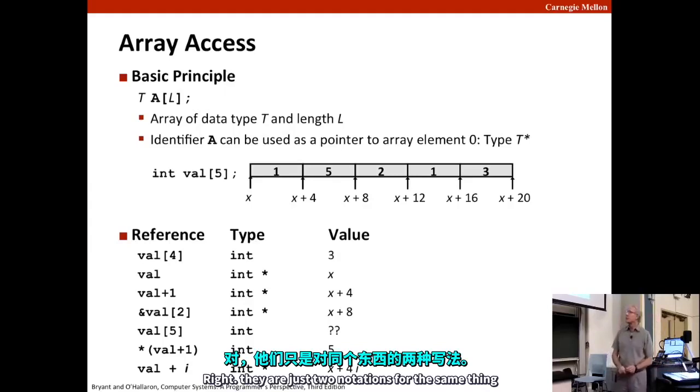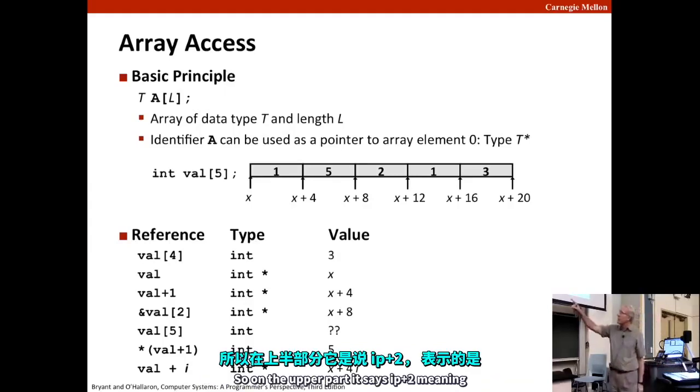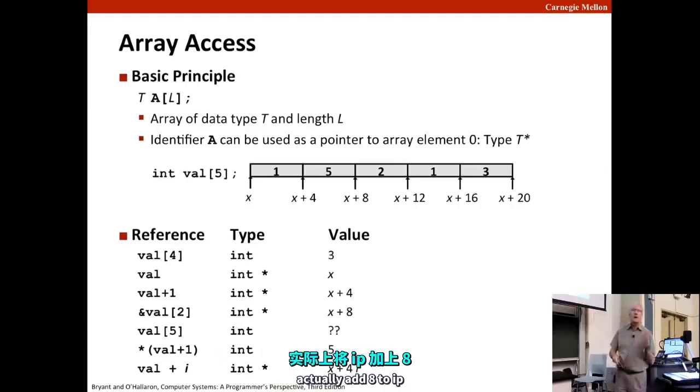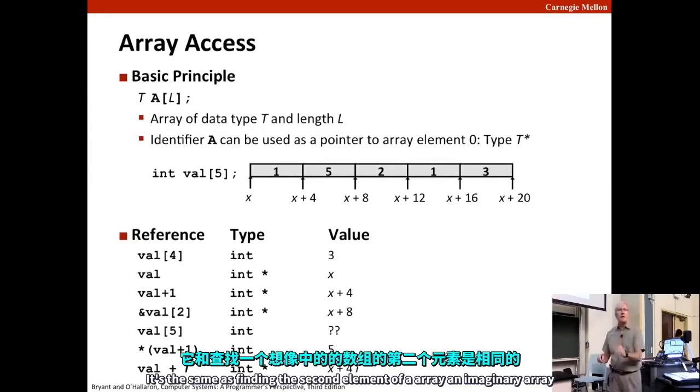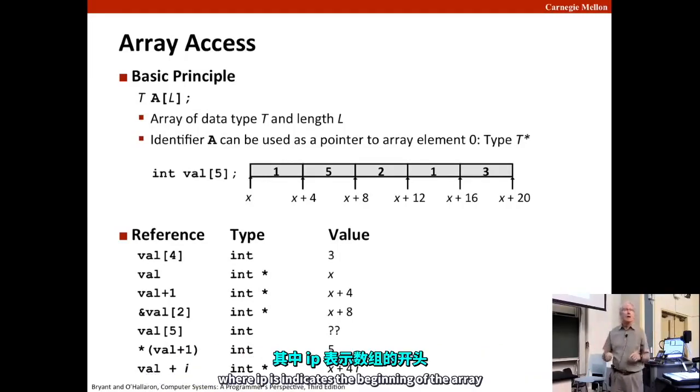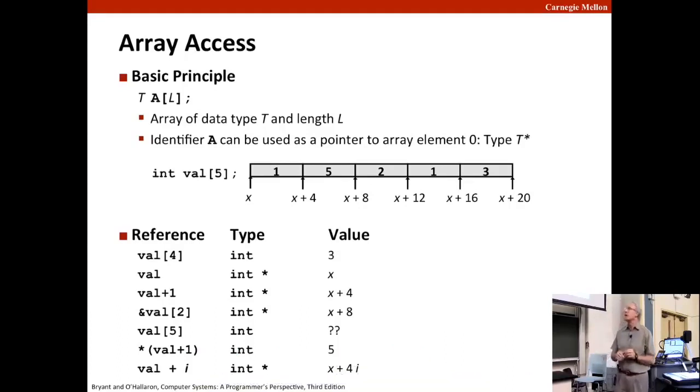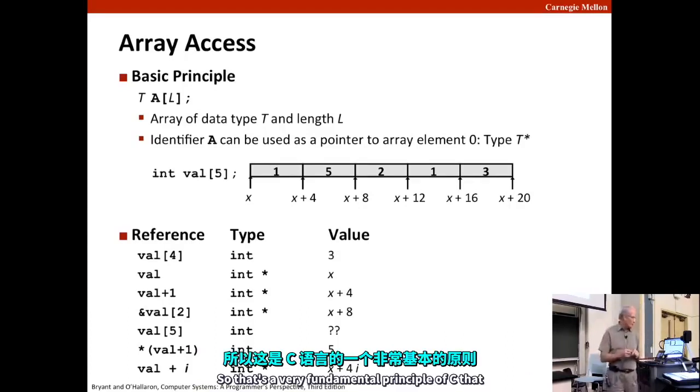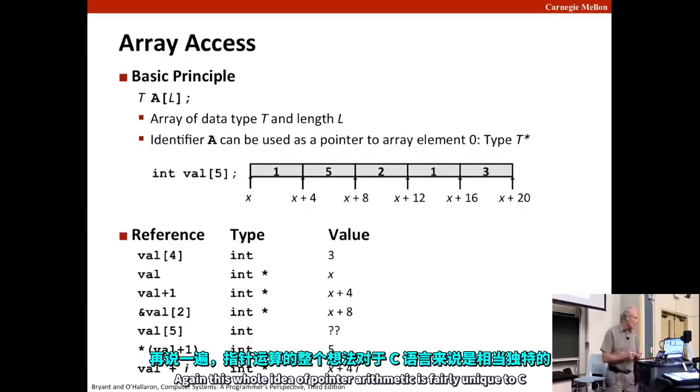Right, they're just two notations for the same thing. So on the upper part, it says IP plus 2, meaning actually add 8 to IP, and then dereference that. It's the same as finding the second element of an array, an imaginary array, where IP indicates the beginning of the array. So that's a very fundamental principle of C that, again, this whole idea of pointer arithmetic is fairly